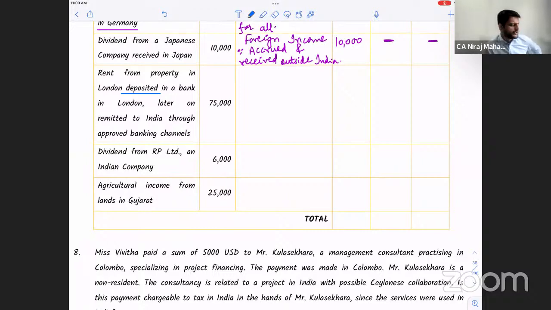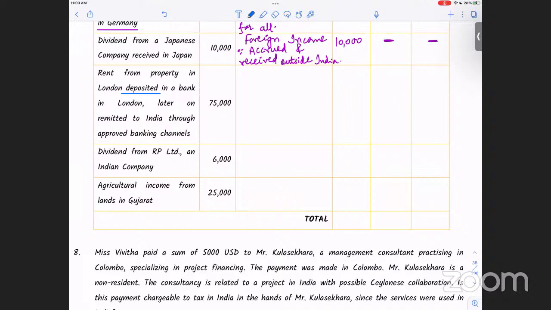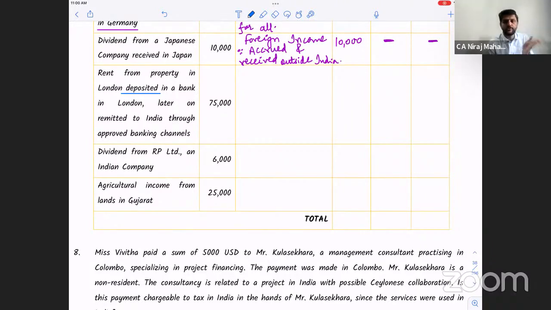It is not an income. Last time only I told you, if you transfer from one wallet to another wallet, from one purse to another purse, from one pocket to another pocket, is it your income? No. For income, there has to be expenditure. Income of one person is expenditure of another person. So if you transfer to yourself from one bank account to another bank account, it's not an income.